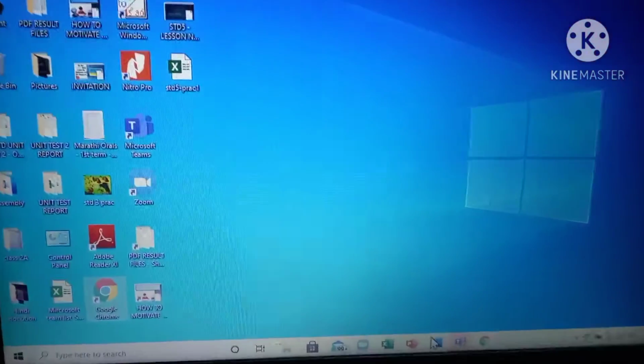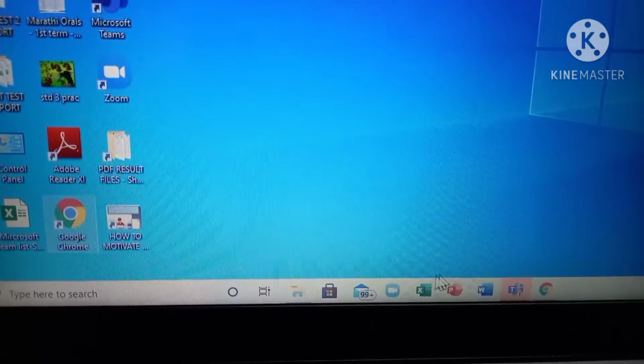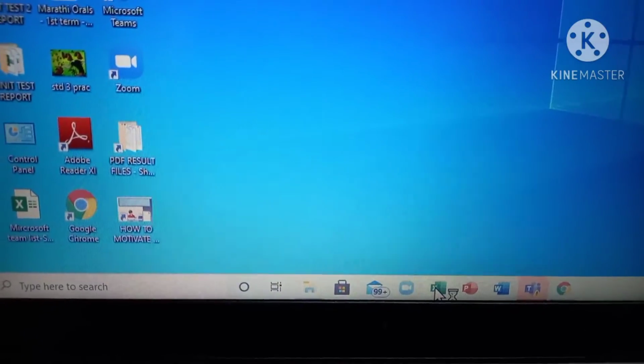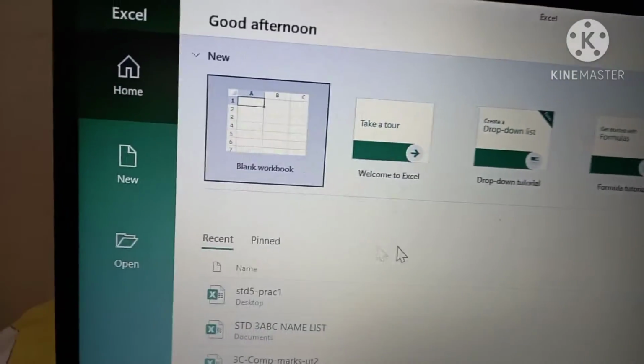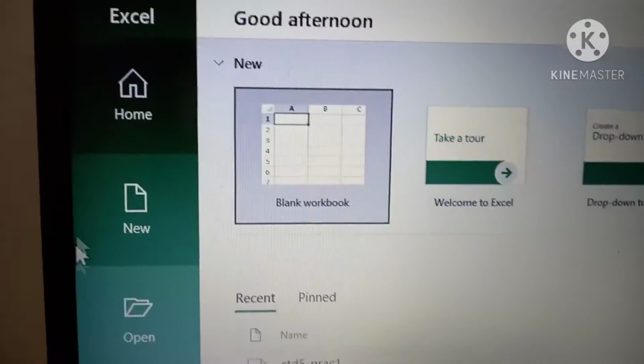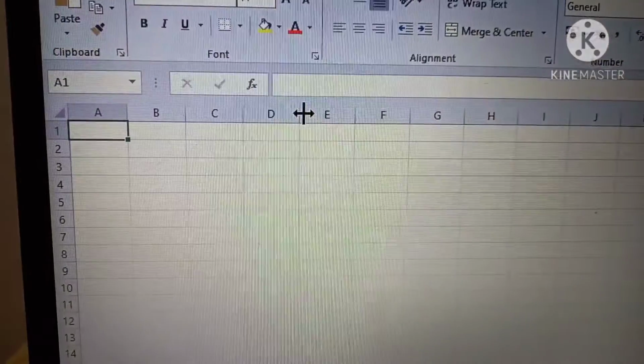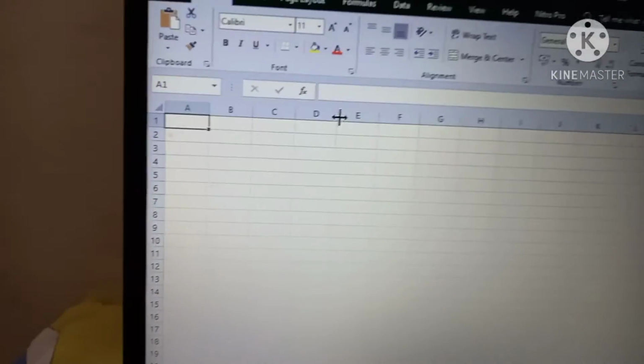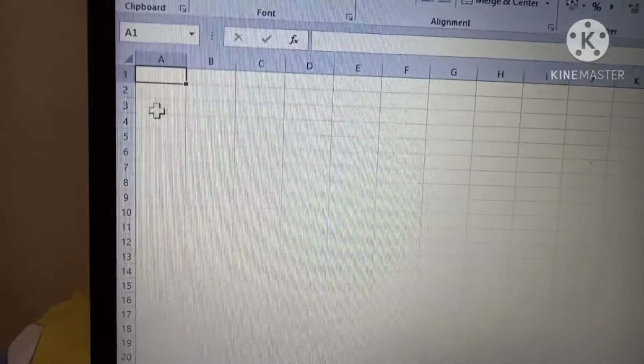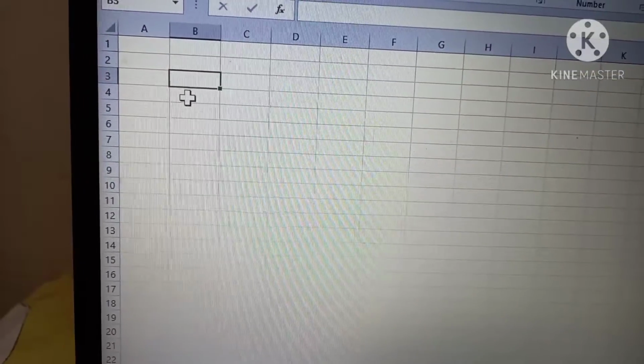Okay children, let's start again, starting from Excel. Double click on Excel. Okay, Excel is opening. Now go to blank workbook, right? Now here we will enter the data. Okay, here I will enter the data.